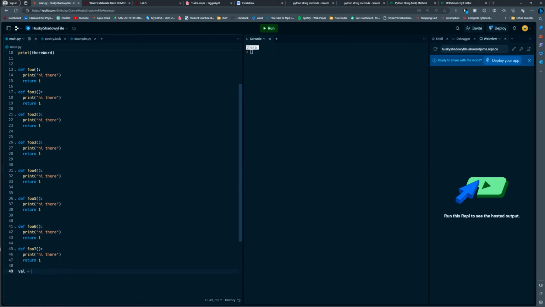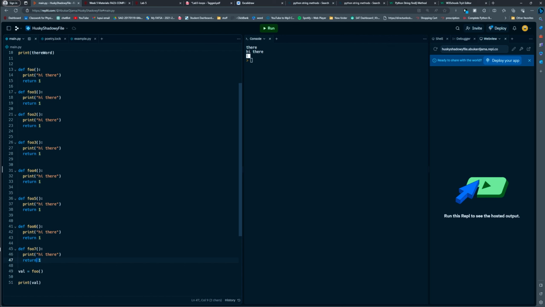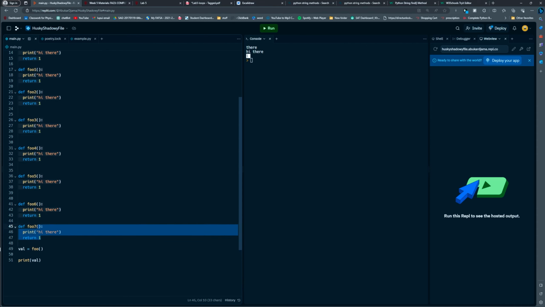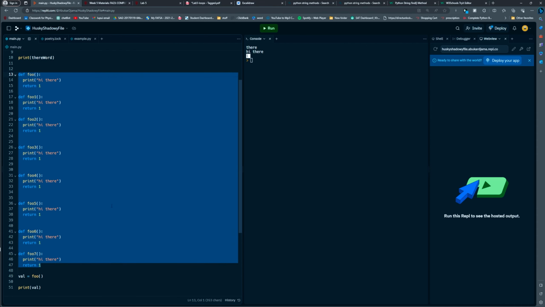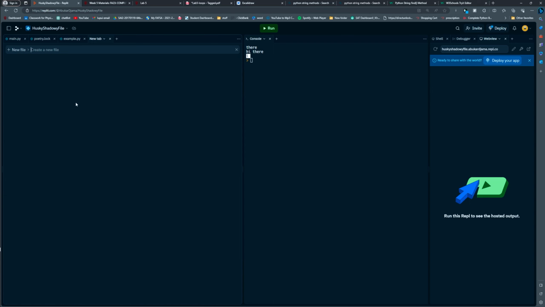So val is equal to foo, and we run that and we print val, right? And we get the value 1. Notice that it returns 1, but it prints hi. So utility files now will make your life a lot easier by letting you have all of these function definitions inside some other file, and you give that file a meaningful name to like essentially group functions that do similar tasks, right? And so if we were to create a new file here and we call it